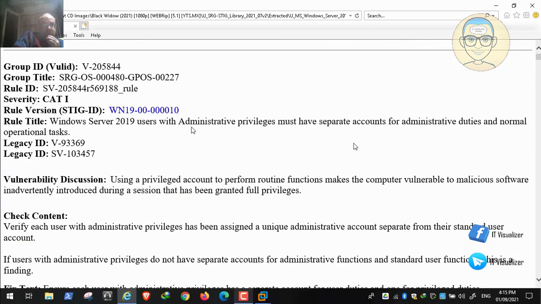First of all, it says that Windows Server users with administrative privileges must have separate accounts for administrative duties and normal operation tasks. So we all know that in our domain we have users that are responsible for managing the Active Directory, and we should have other users to manage and troubleshoot the workstations separately. For example, the common mistake most of us make is that we use the domain admin account, which is a very high privilege user in the Active Directory, to manage the Active Directory and also to troubleshoot and manage workstations in the domain. So for example, if there is a problem in one of the workstations, most of us log into this workstation and cure the problem